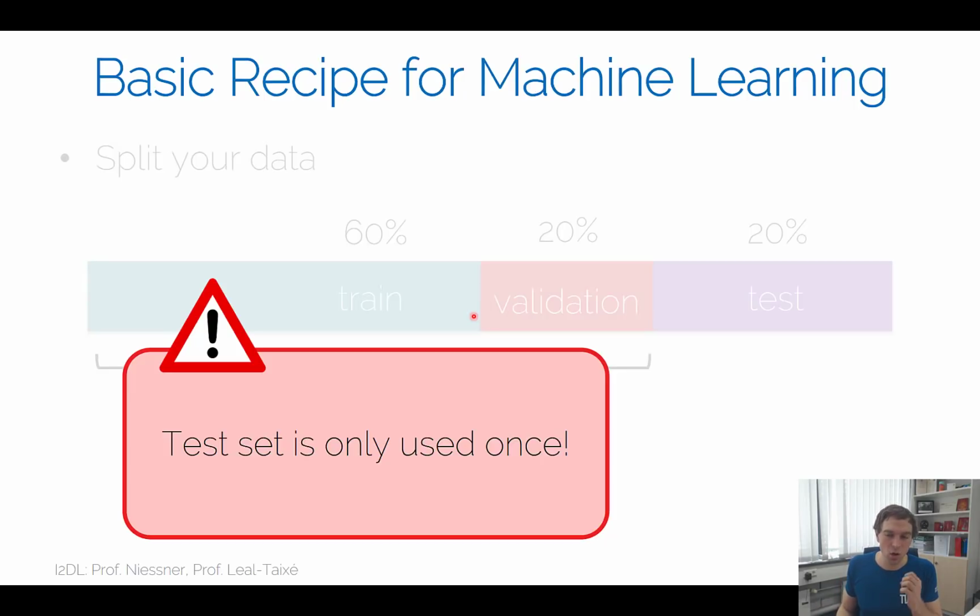The test set is only supposed to be used once, at the very, very end, when you're done developing, when you're done training your model, when you're done with hyperparameter optimization. Then you use the test data, only once. The reason is very simple. If I run my test data and use the information I get out of this run, let's say it worked very well for most of my classes, it was very good at classifying the dogs but not so good at classifying the cats,